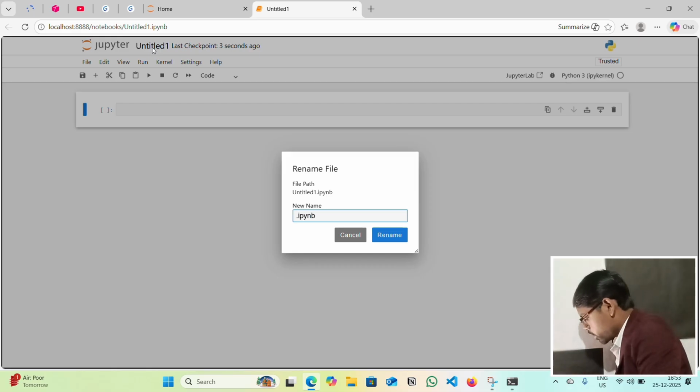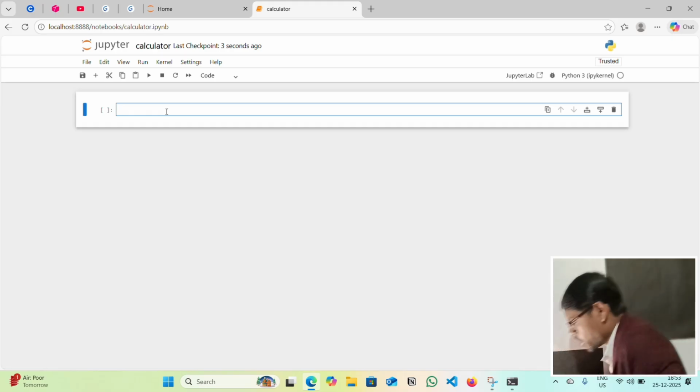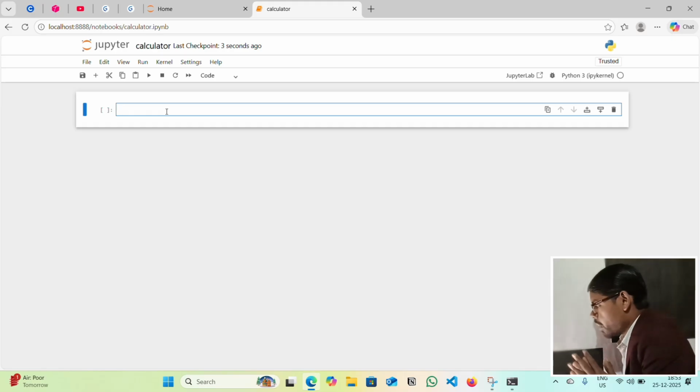This is our first project: calculator. First I will create some functions.